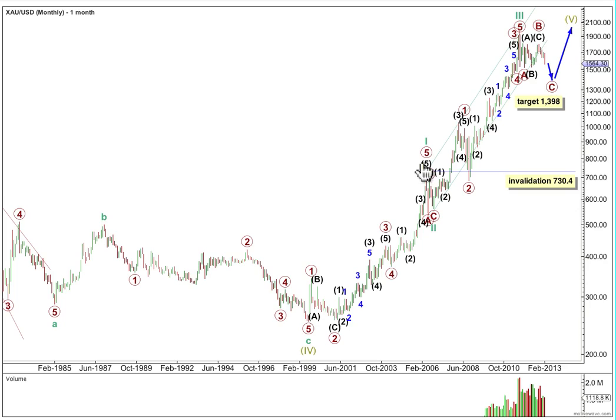Ratios within cycle wave 1 at primary degree. Primary wave 3 has no Fibonacci ratio to 1, and primary wave 5 is 16.35 short of 4.236, the length of primary wave 1. Within primary wave 2, intermediate wave C is just 2.15 longer than equality with intermediate wave A. Within primary wave 3, intermediate wave 3 is 7.9 longer than 2.618, the length of intermediate wave 1, and intermediate wave 5 has no ratio to either 3 or 1.